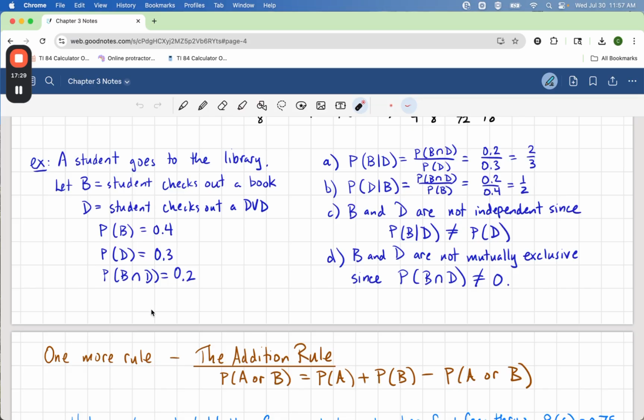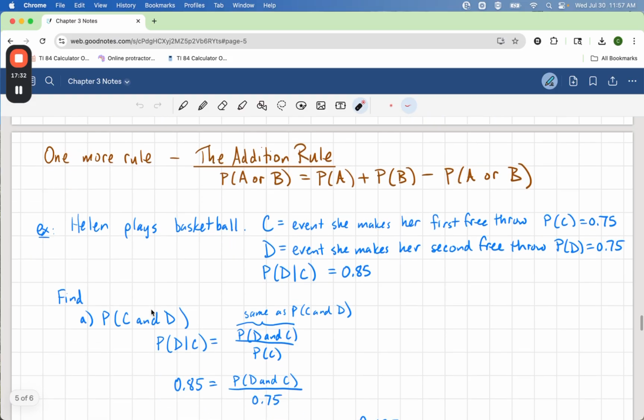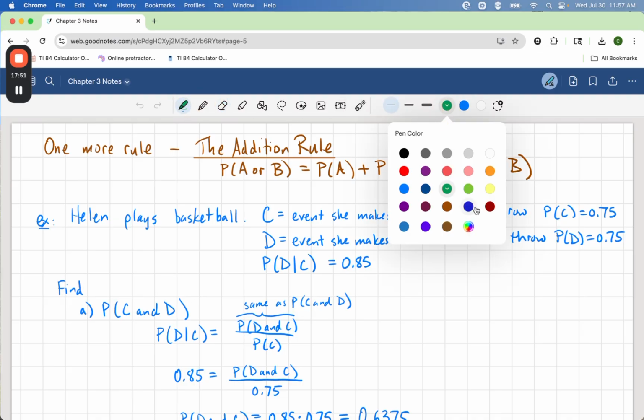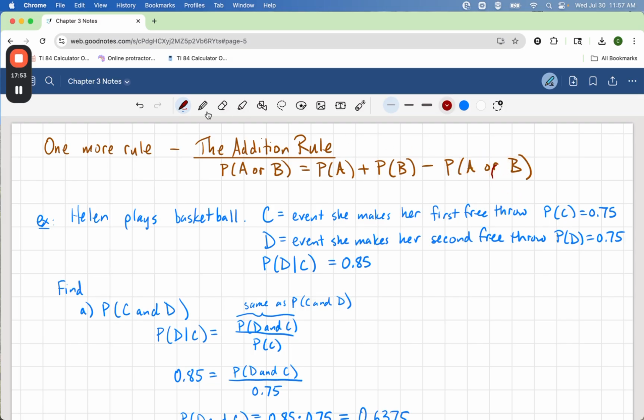That brings us to one more rule, the addition rule. If the two events aren't mutually exclusive, then you have to use this rule. Probability of A or B. I totally did not do this one correctly. This right here should be "and." All right, that should be "and." So the probability of A or B is the probability of A plus the probability of B minus the probability of A and